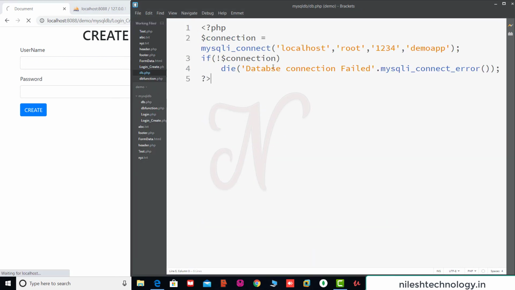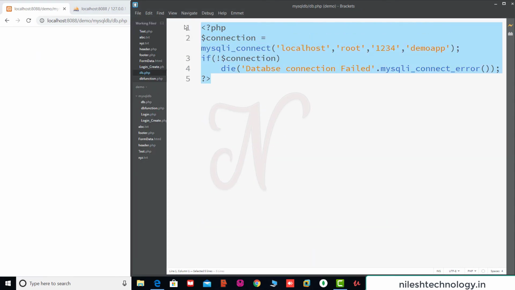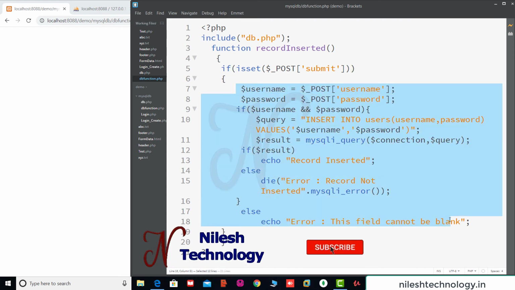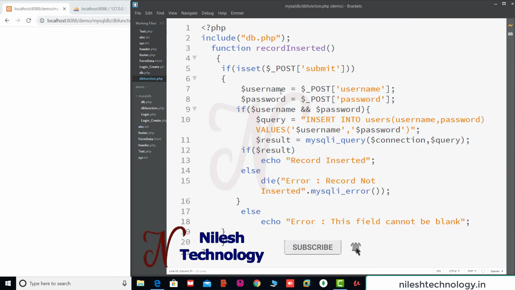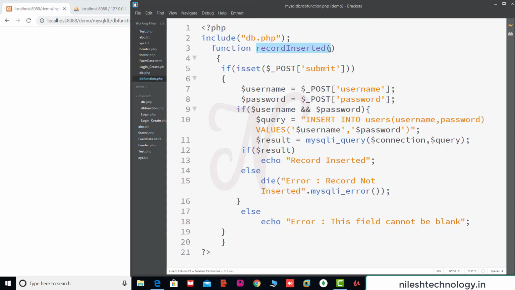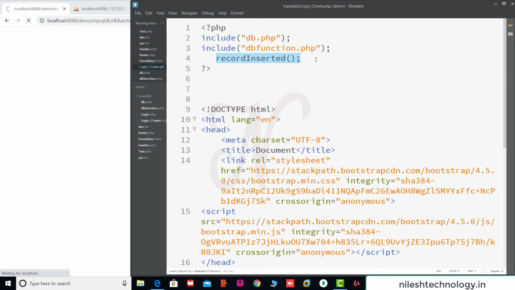See here again, this is the db.php file where we make a database connection. This is the db function file. Here we shift the database insertion code and convert it into one function. My function name is record inserted, and this function is called in this login create program.